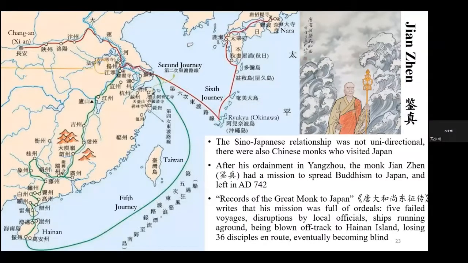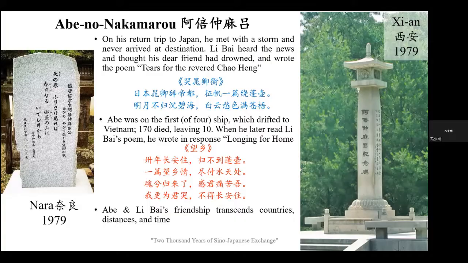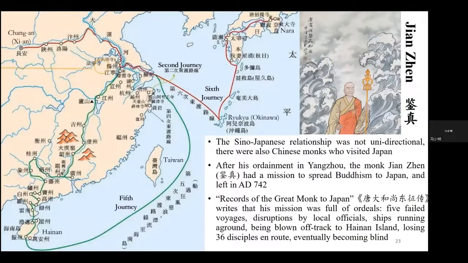So we go on to another person called Jian Zhen. This Sino-Japanese relationship was not unidirectional, because when we saw Abe no Nakamaro, he was actually a Japanese person going to China to learn from the Chinese. We have a Chinese person called Jian Zhen who actually visited Japan. He was a monk. After his ordainment in Yangzhou, he had a mission to spread Buddhism to Japan, and he left in 742. There were historical records of the great monk to Japan, and he writes that his mission was